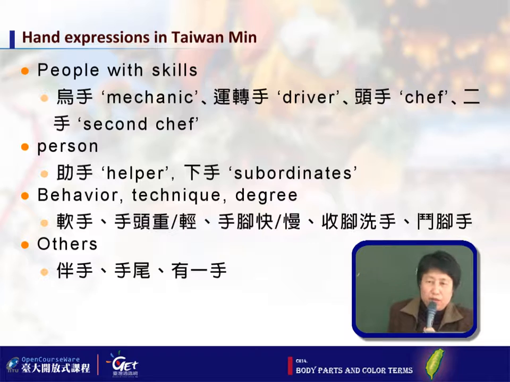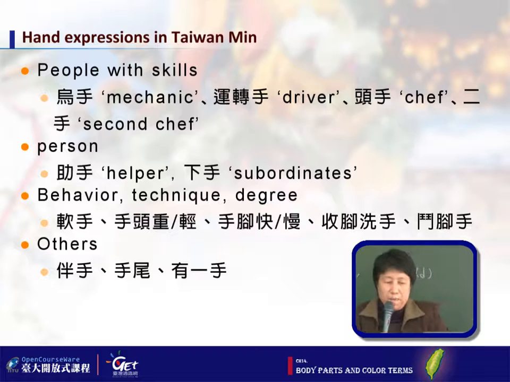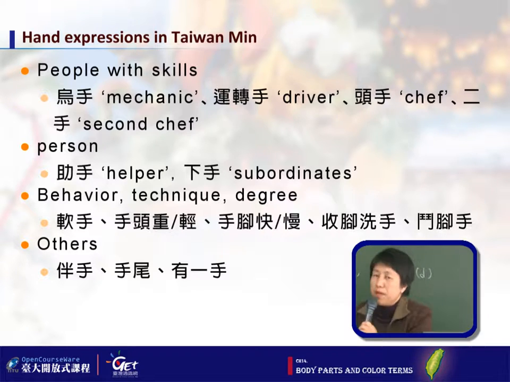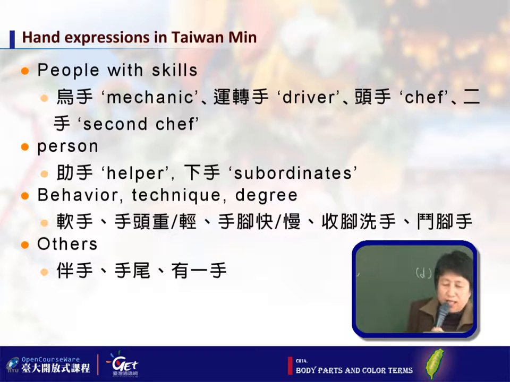If you 倒卡手, meaning you help one another, you need to use your hands and feet and all that. And there are other things like 伴手礼. You must have heard of 伴手礼 in Taiwan. If you want to go back to your own country, you need to bring some gifts back to your place, and then you need to buy 伴手礼, things that accompany you, held in your hands. Things like that. So these are hand expressions.